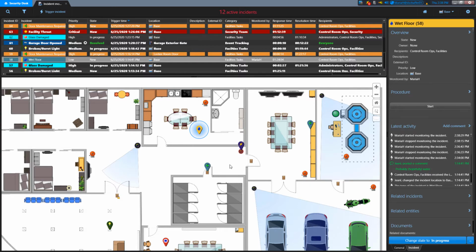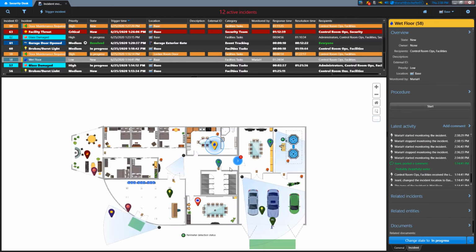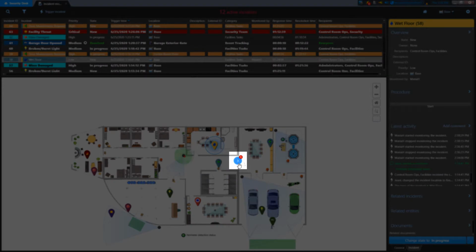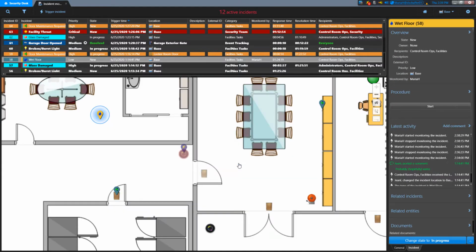If you zoom far enough out of a map and the map objects are too close together, they will cluster together to form a spot. The number in the spot is the number of objects in that cluster, including incidents. The small number in the red dot on the top right corner is the number of incidents that are included in this cluster. Clicking on a cluster will zoom in until the objects in it are no longer clustered together.